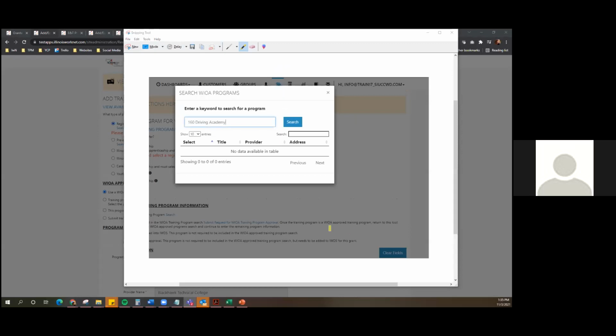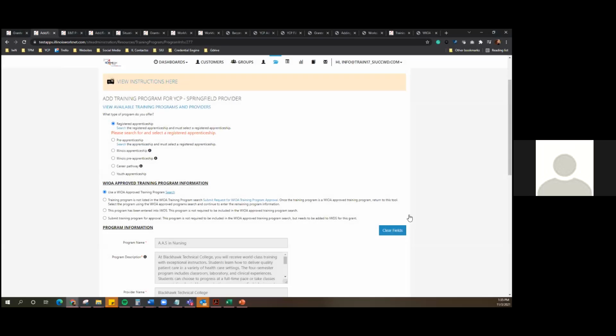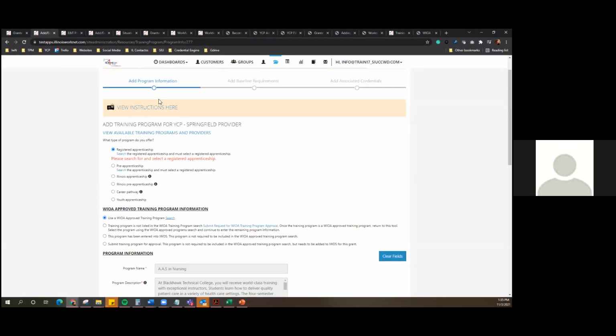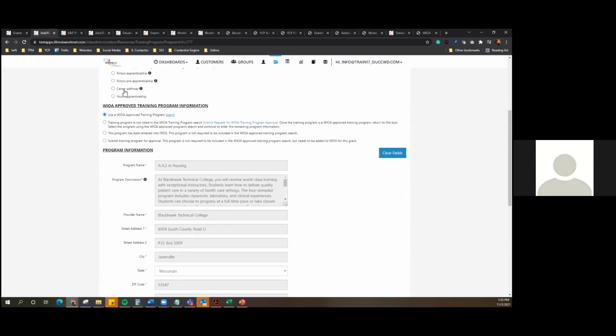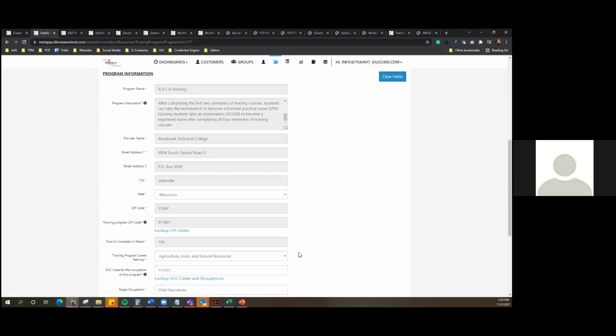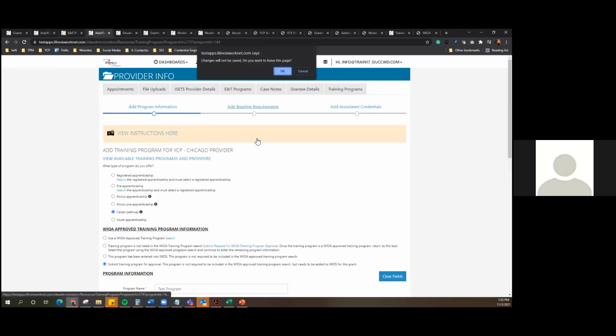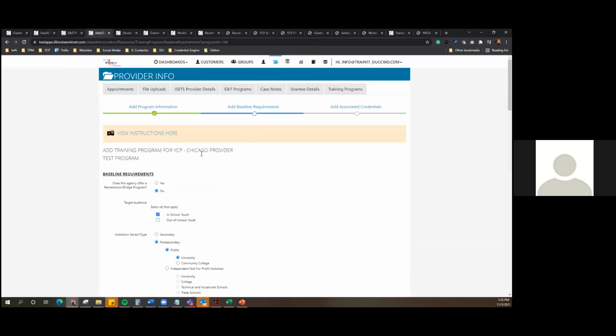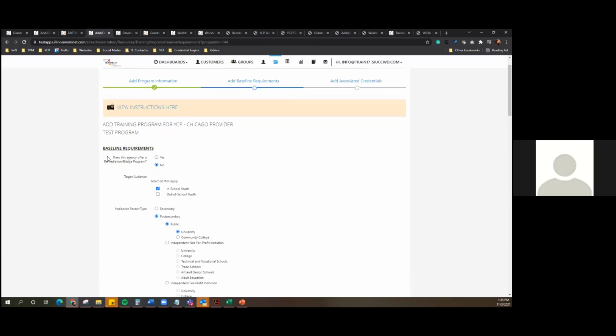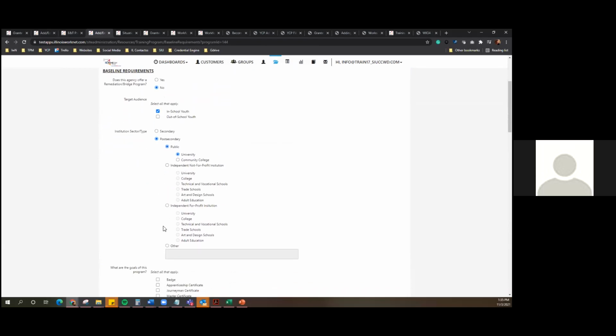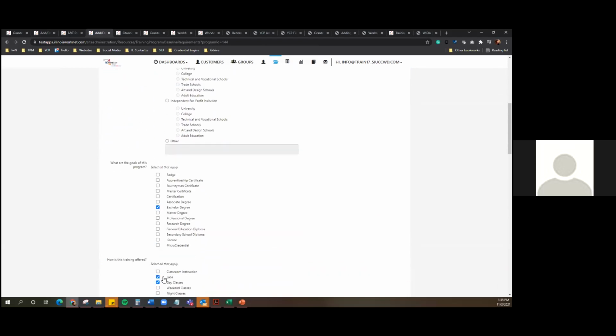Alrighty, we're going to jump back to the baseline requirements unless anybody else has any questions on this first page of just adding the program information. So you'll go through and add your baseline requirements. These are pretty straightforward. You're just going to read the different questions and put in the answers for this training program.